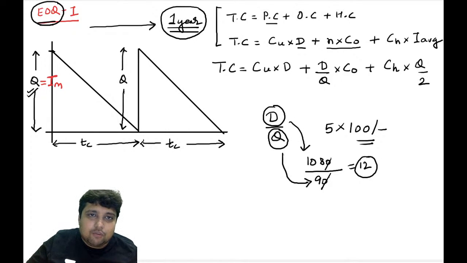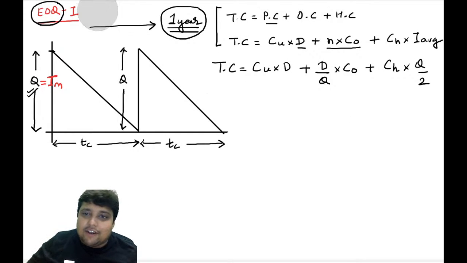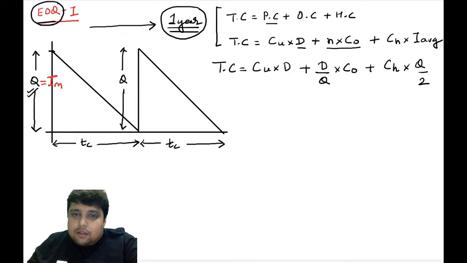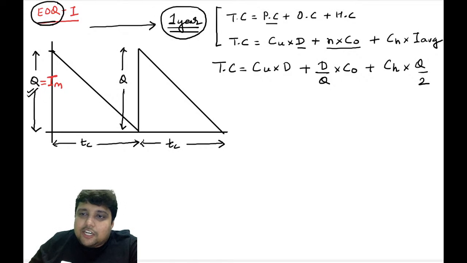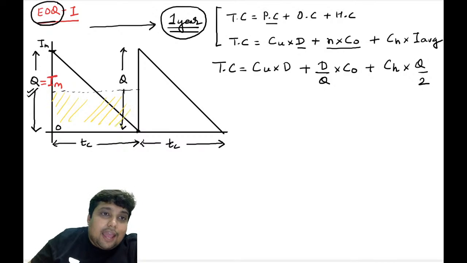So, let me use the eraser. I hope now you have understood why I have written D by Q instead of N. Now, remember, the formula for holding cost is CH into I average. Remember, this value here is IM, this is 0, this is 0. So remember, the holding cost is calculated with respect to the rectangle. I will have to consider this a rectangle having average quantity,